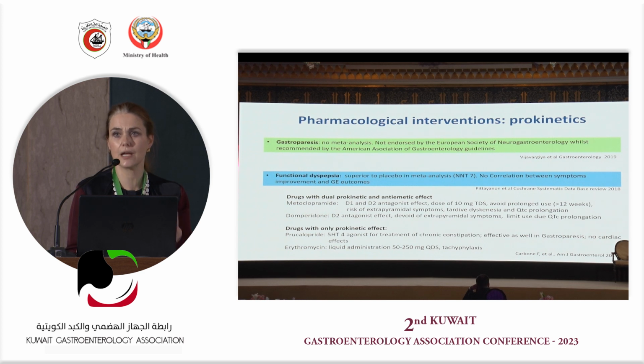And then we have drugs that have a purely prokinetic effect. Prucalopride is one of them. As you know, it's a prokinetic that we use for chronic constipation, but it has an effect on gastric emptying. And erythromycin, in liquid form, used up to 4 times per day, is also very helpful, but after 4 weeks there is tachyphylaxis. And personally, what I do is I sometimes alternate prucalopride with erythromycin, and it's a good option